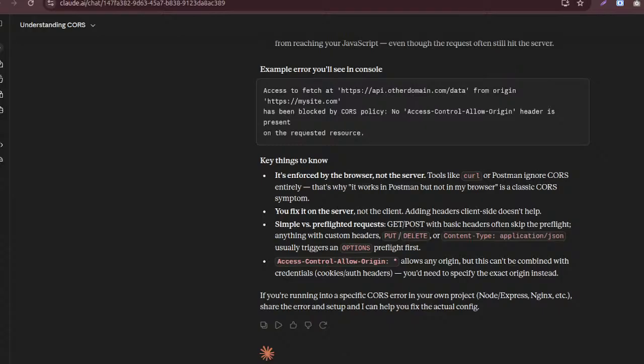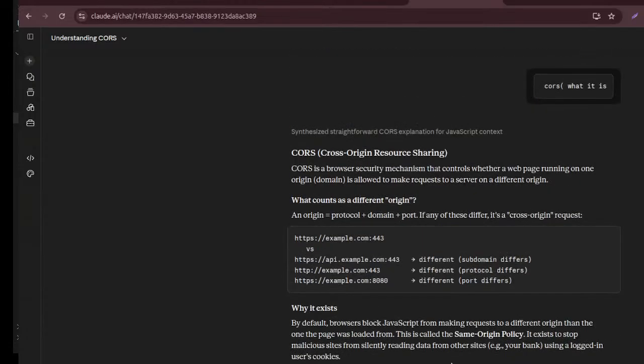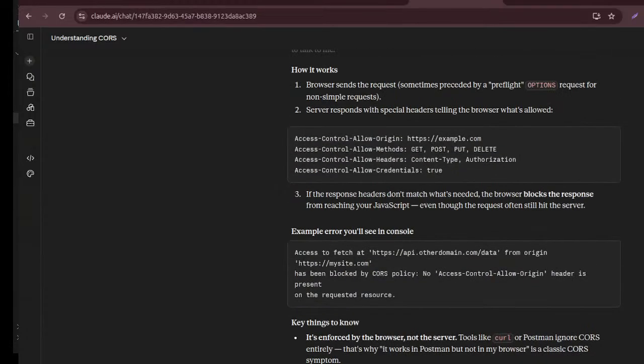Can you tell me how to set up CORS in my project's